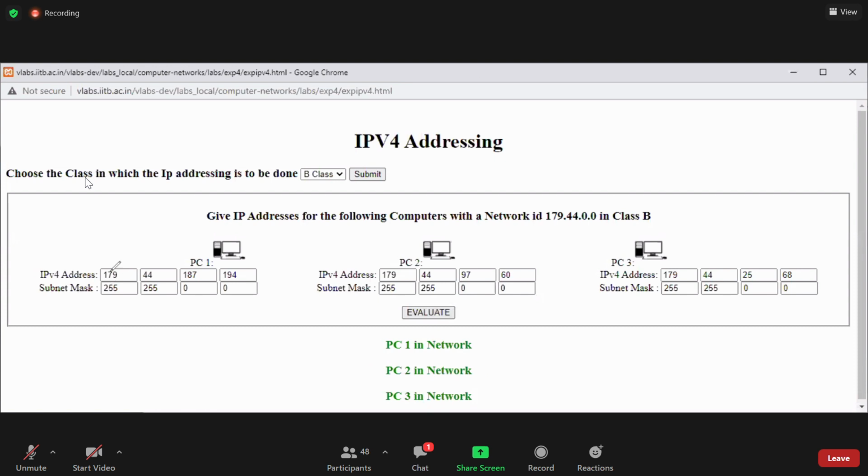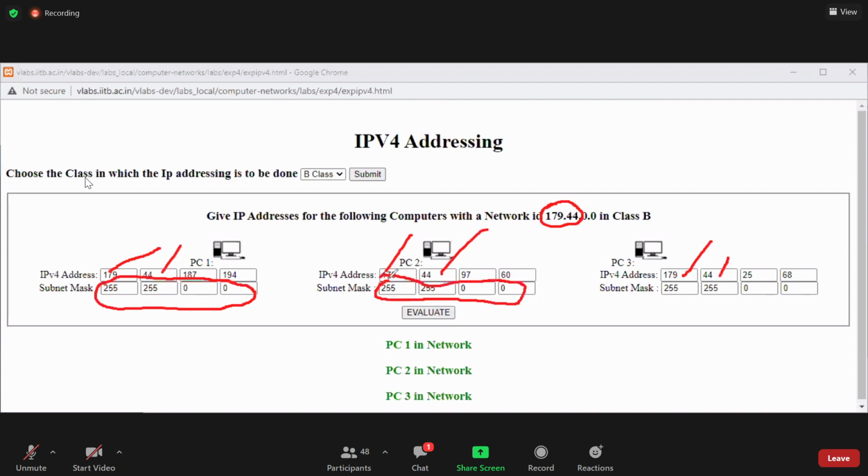You can observe the first two fields are the same, so whatever values you get here, you need to keep them. The subnet mask is 255, 255, 0, 0, which is common for class B. The first two fields are the same in the IPv4 address. So this is about class B.